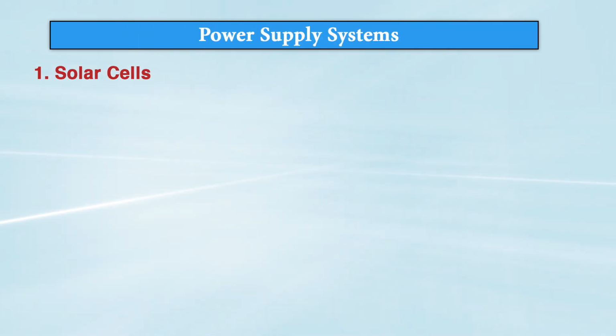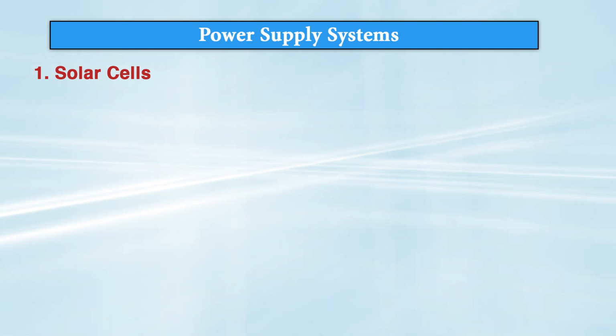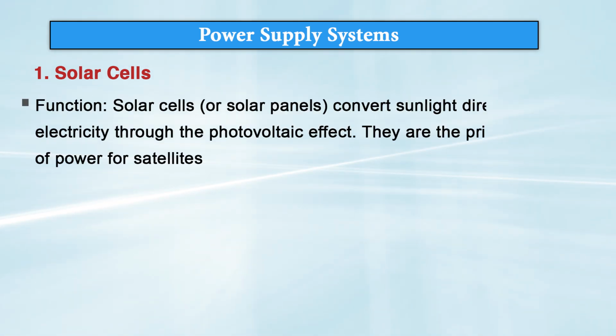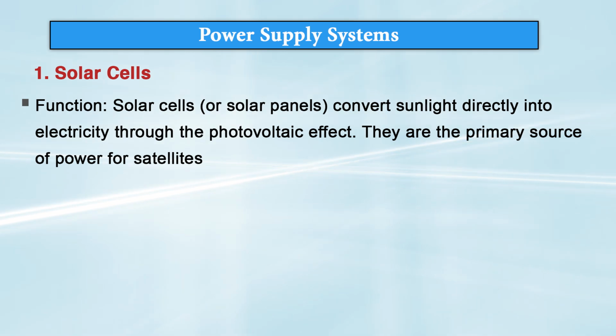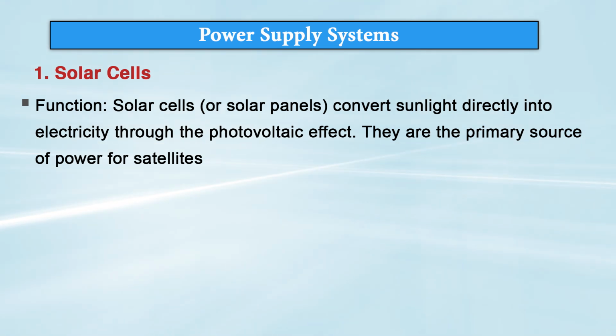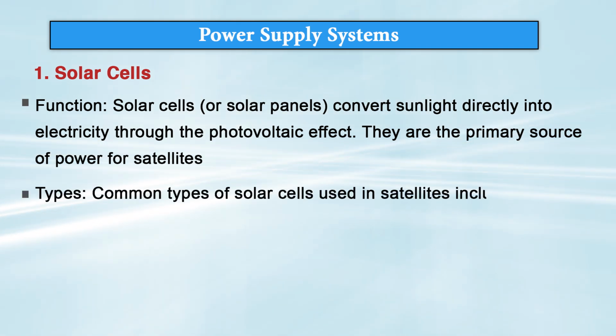Then in space segment there is a power supply subsystem. Power supply subsystem mainly comprises solar cells and rechargeable batteries. Functions of solar cells are to convert the sunlight directly into electricity through photovoltaic effect. They are the main source of power for satellite. Common types of solar cell used in satellites include